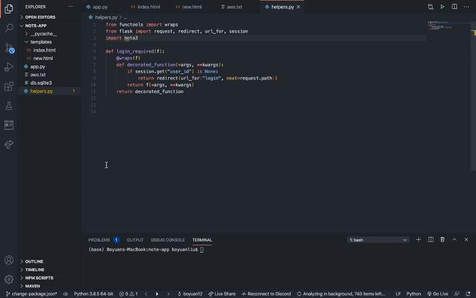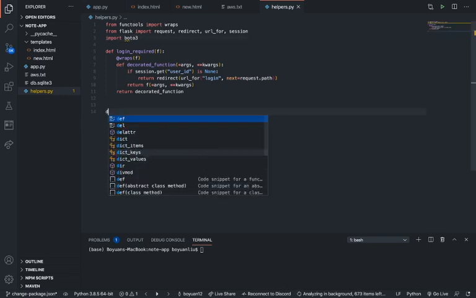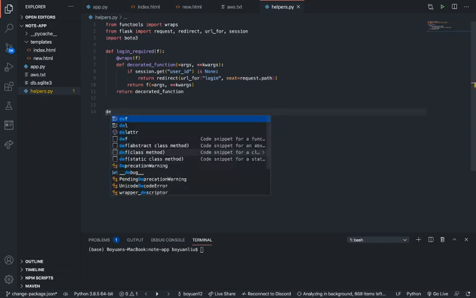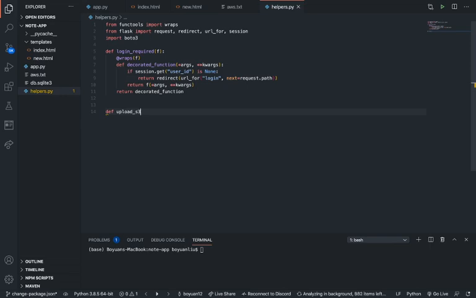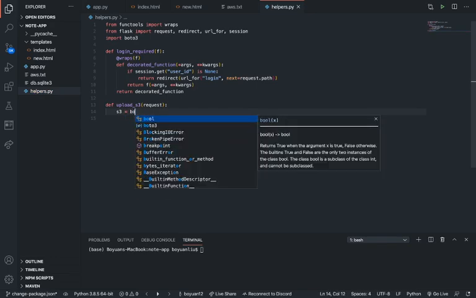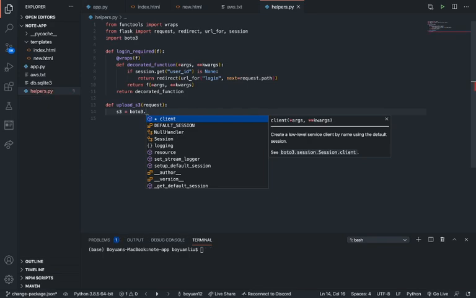I'm pretty sure we're finished importing here. And in here, you're gonna say def upload_s3_request. Gonna create a new function. Basically, it's called upload to s3. Then in here, gonna create a new variable. Actually, I think we can create it inside. This should be fine. Here we're gonna say s3 equals boto3.resource,